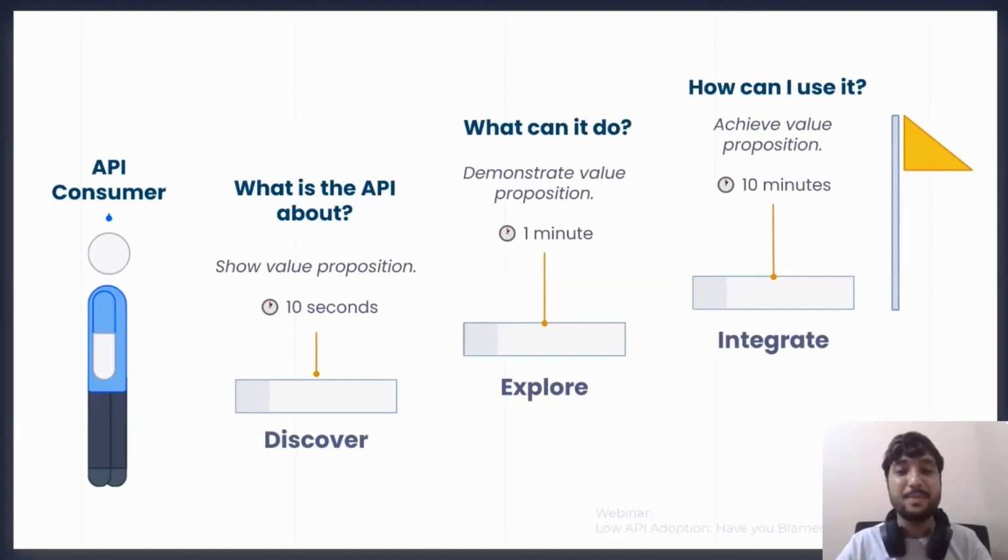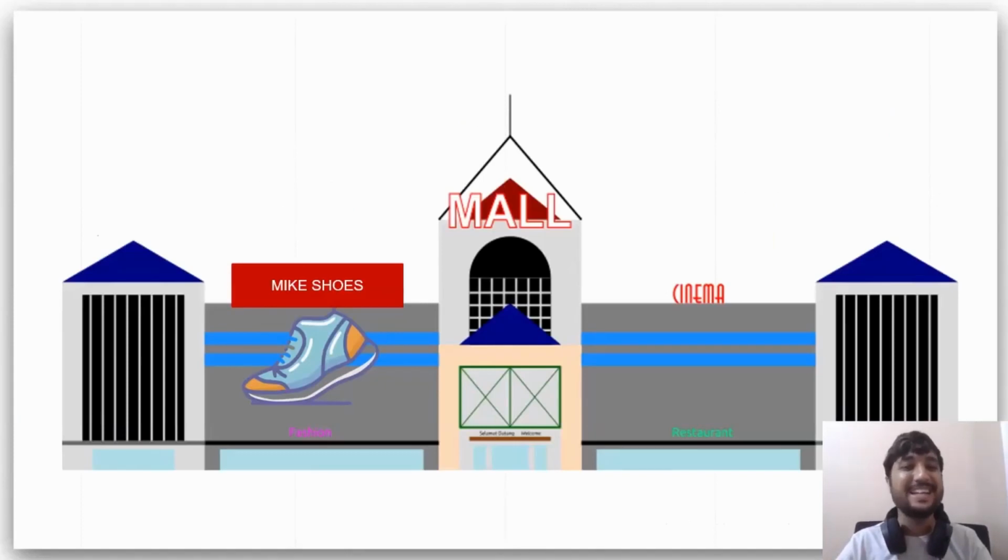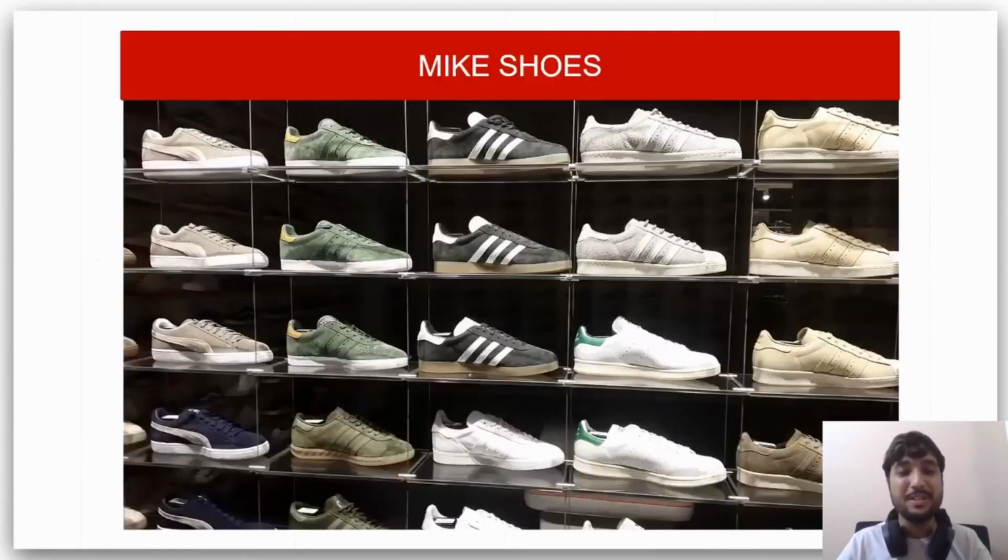So when I put these three phases of the API consumption journey, I always try to give a real world example of how someone would buy shoes in a mall. So this is how the story goes. When someone is discovering your shoe shop, they're usually going to go to a mall, right? So this is the entry point for your shoe shop. And once they're through the mall, they will reach your shop where they will see all these options that you have, all these products,